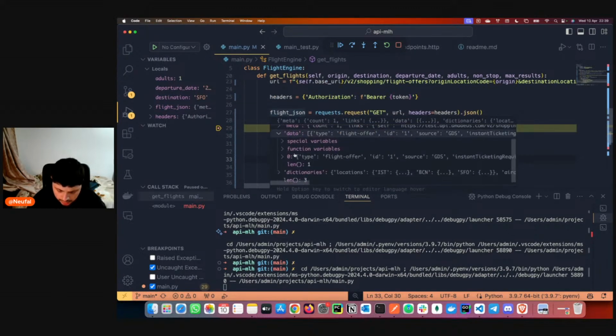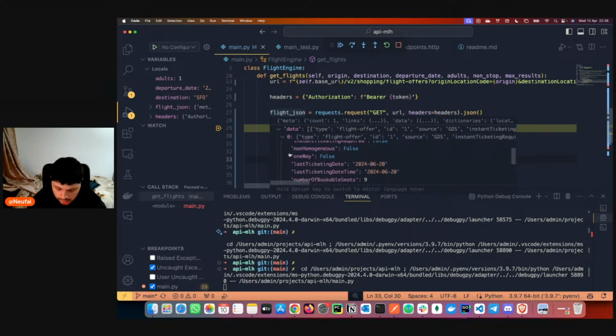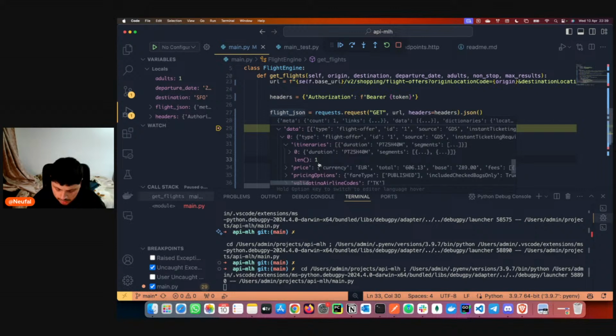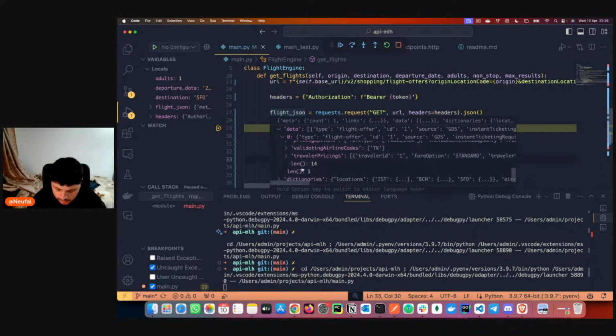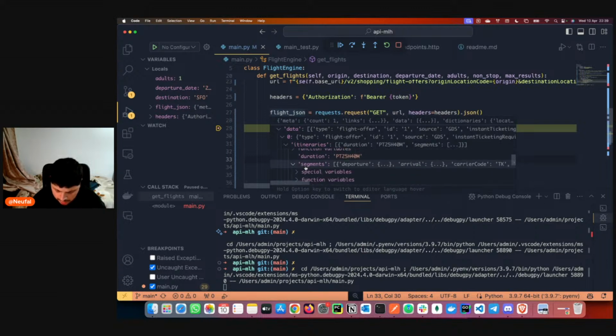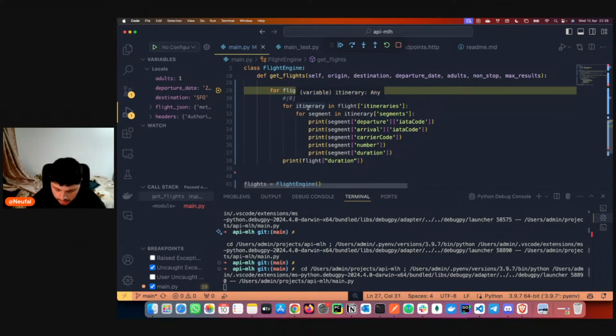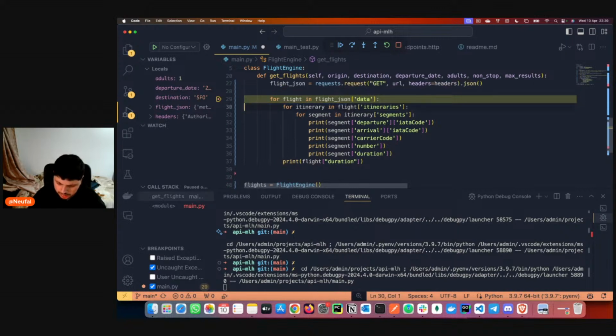So we have data, the first one, itineraries, segments. We run through segment. As you can see, there's a bunch. So itinerary, I think this could work because we have the flight.